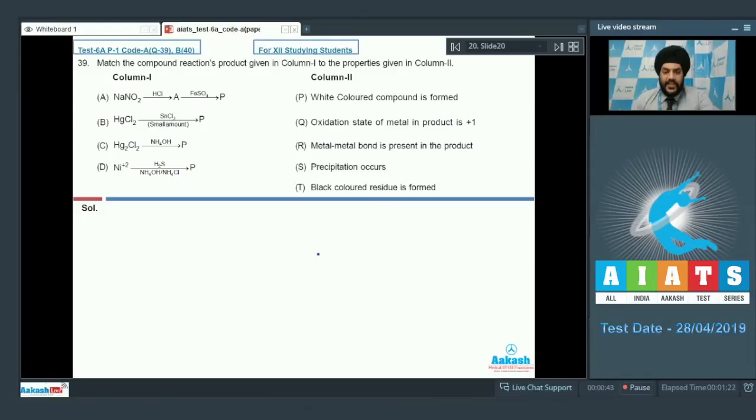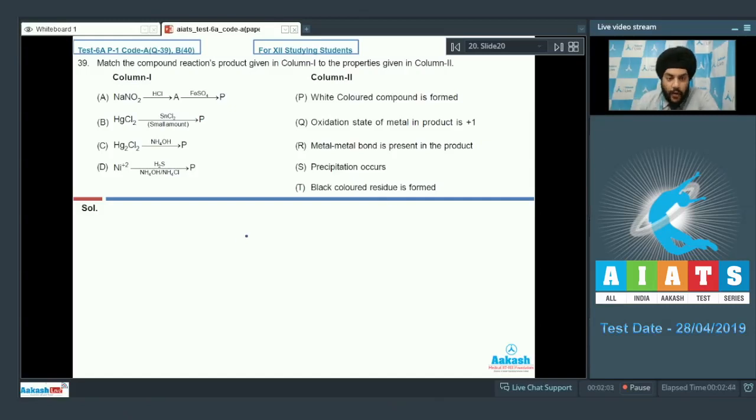Let us look at the next section, students. This section contains two matrix match the column type questions. Entries given in column 1 have to be matched with entries given in column 2. For every entry in column 1, there may be one or more than one matching in column 2. In question number 39, we have to match the compounds formed at the end of the reaction with the properties